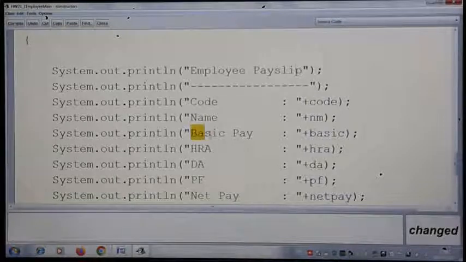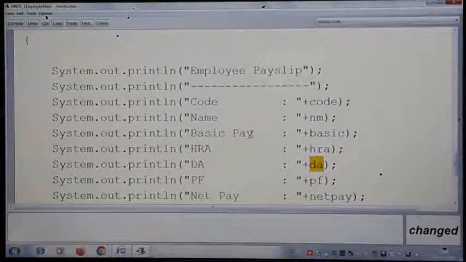See, all these are messages which you can display however you want. If you want to give a full form also you can give. But when you are giving the variable name, remember what variable you have used, in what style you have used, in the same manner you are supposed to use. All of you know that Java is case sensitive. So in the same manner we are using. HRA, DA, PF is taken in the lower case, so I have given here in the lower case.